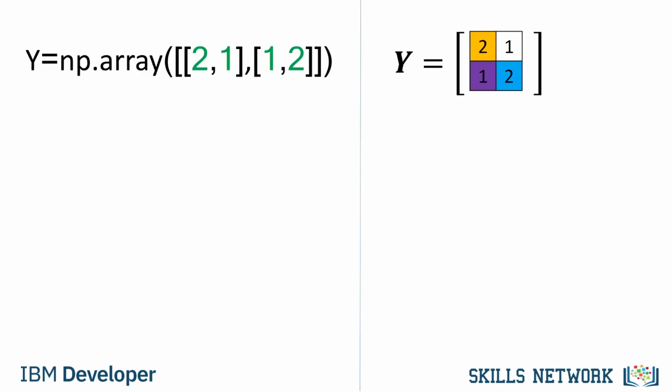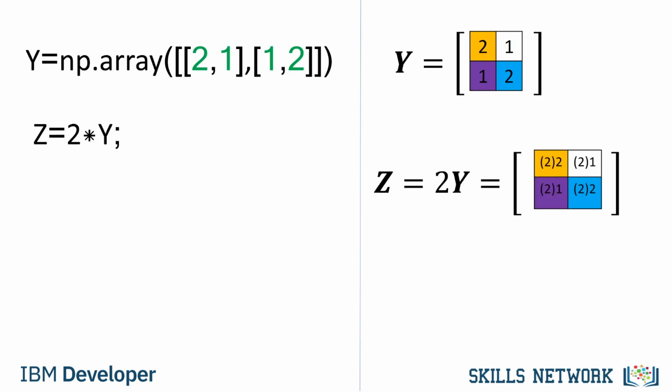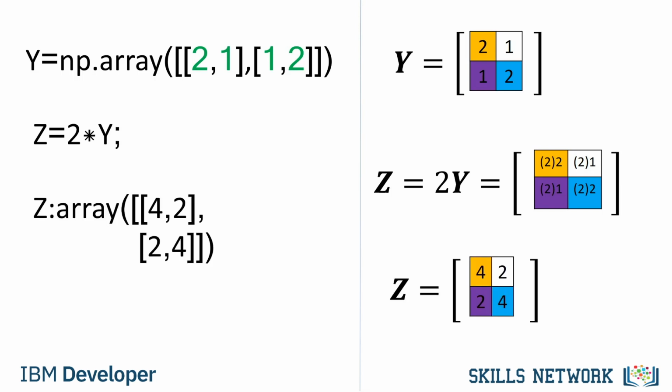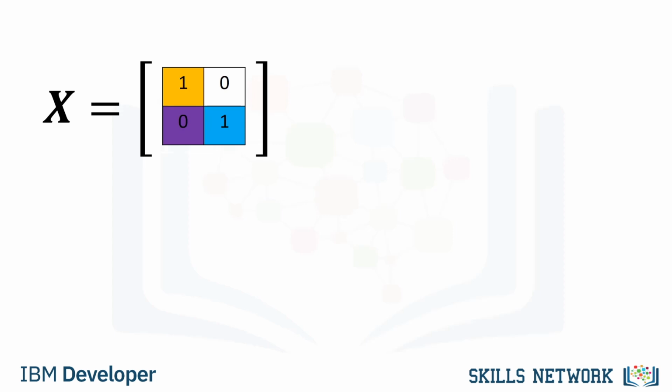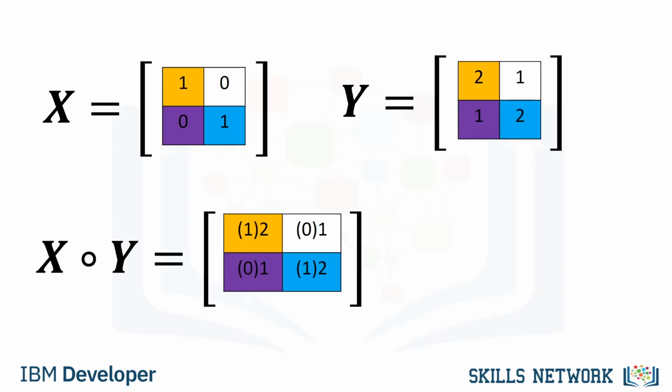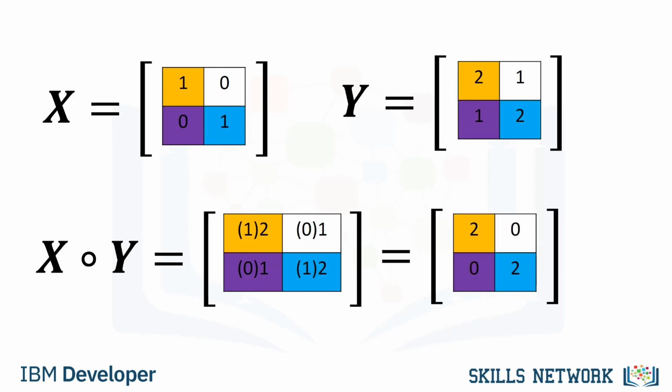Consider the array Y. We first define the array. We multiply the array by a scalar as follows and assign it to the variable z. The result is a new array where each element is multiplied by 2. Multiplication of 2 arrays corresponds to an element-wise product, or Hadamard product. Consider array X and array Y. Hadamard product corresponds to multiplying each of the elements in the same position, i.e. multiplying elements contained in the same color boxes together. The result is a new matrix that is the same size as matrix Y or X. Each element in this new matrix is the product of the corresponding elements in X and Y.